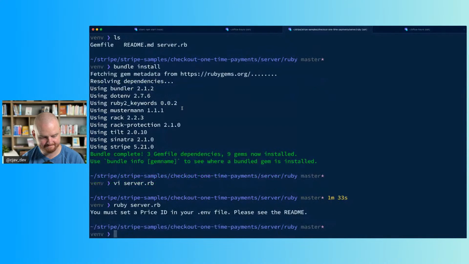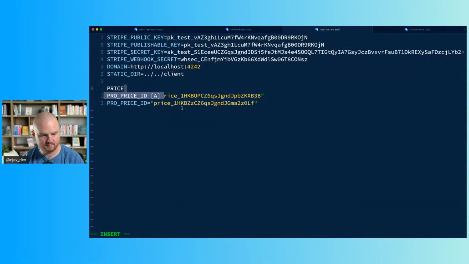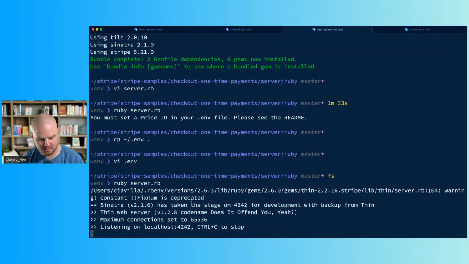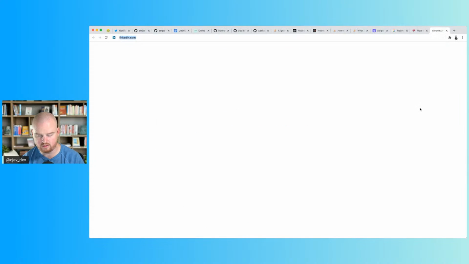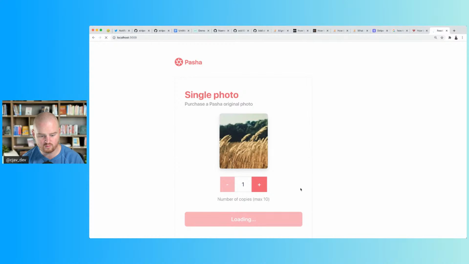Ruby server. Cool. Nice crash. Ruby server. Fires it right up. Localhost 3000. And we have